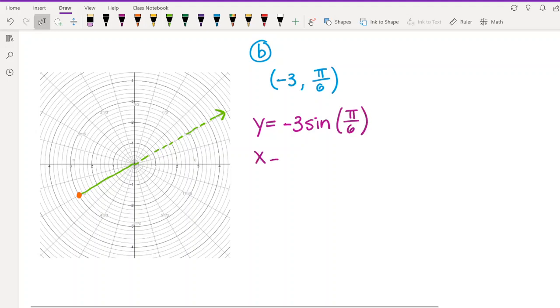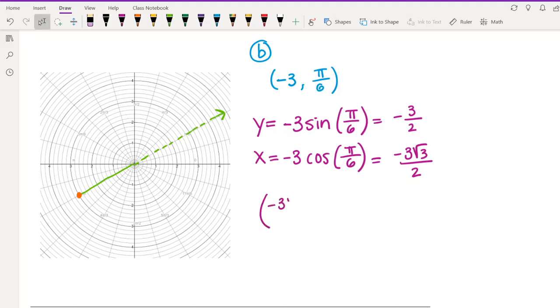And the x coordinate is going to be -3 times cosine of pi over 6. And so -3 times sine of pi over 6 is going to be -3/2. And then -3 times cosine of pi over 6 is going to be -3√3/2. And so our point is -3√3/2, -3/2. And that kind of makes sense if you compare it to the last one, because the point we